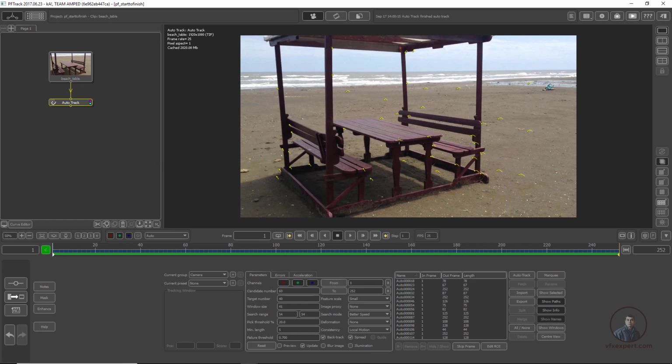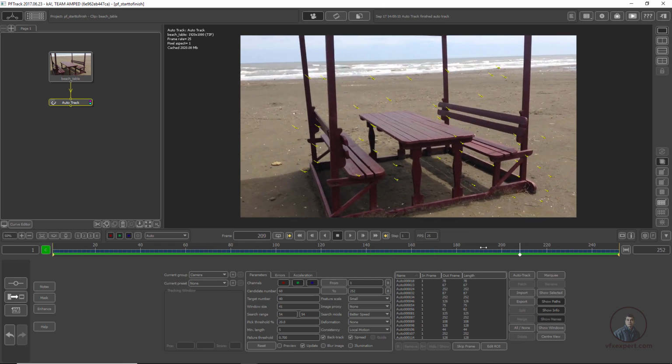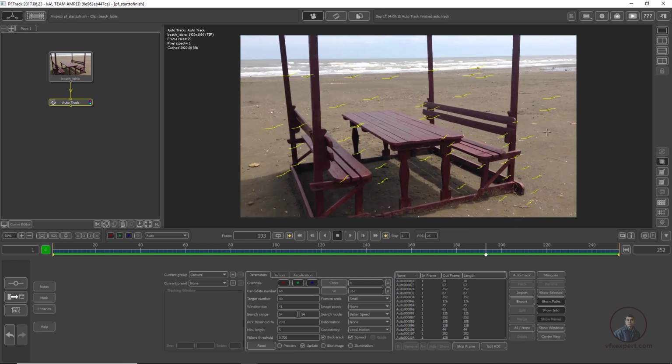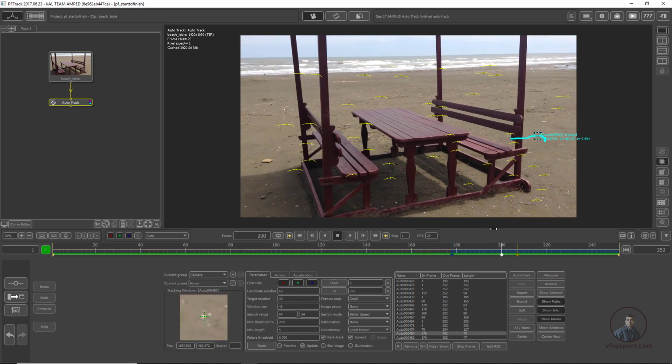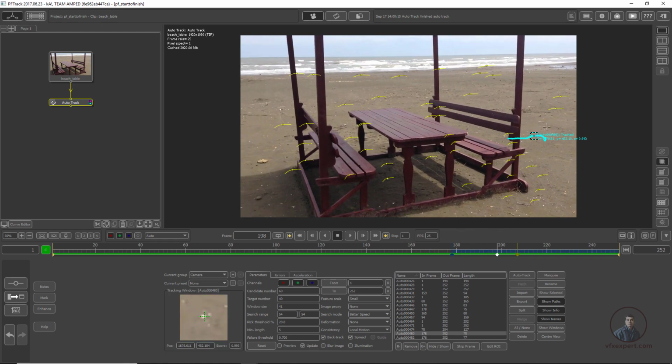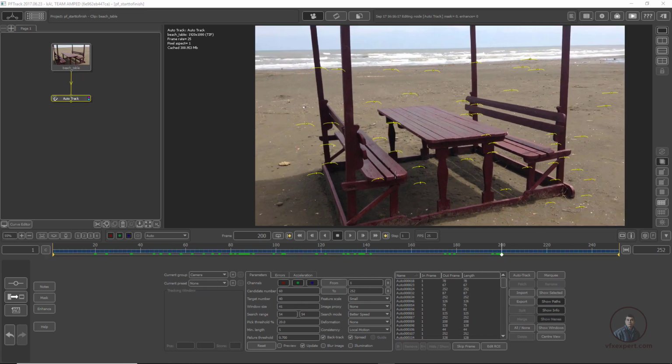Now after this we have to solve our camera. Before solving our camera, if you want to check your individual points' accuracy, then from here you can select, and after this you can check here. If any point is not accurate, then simply select it, and downside you can delete this one before solving your camera. Okay, so till here we have tracked our shot with the help of the auto tracker node.